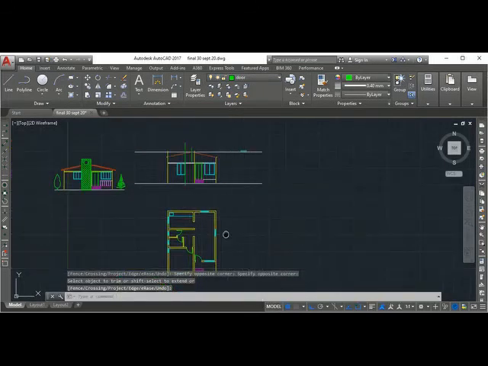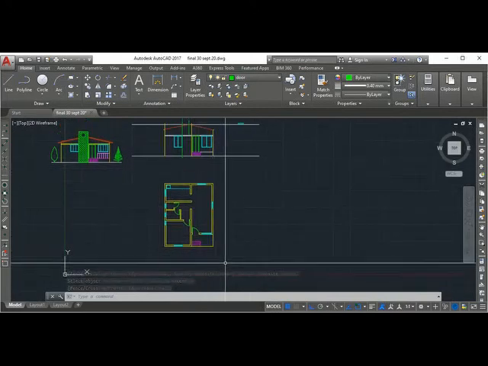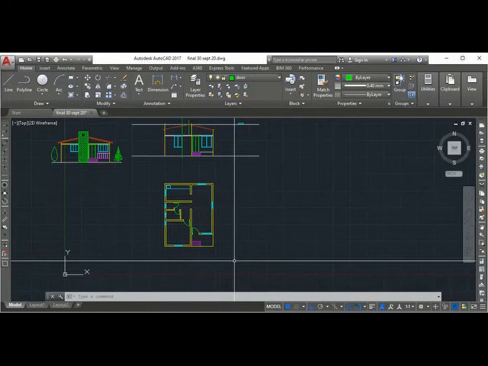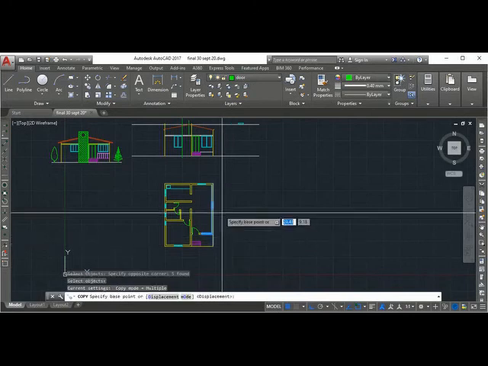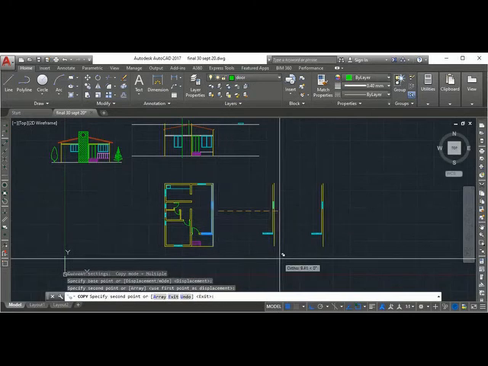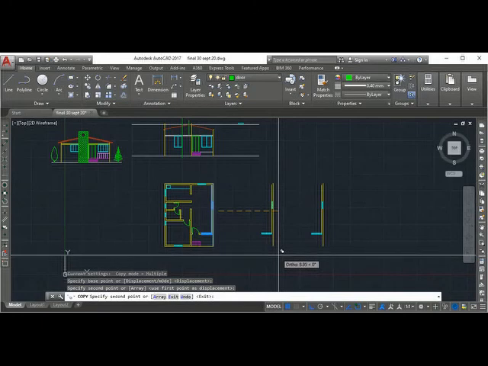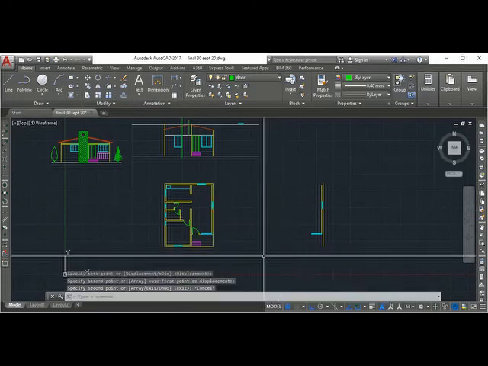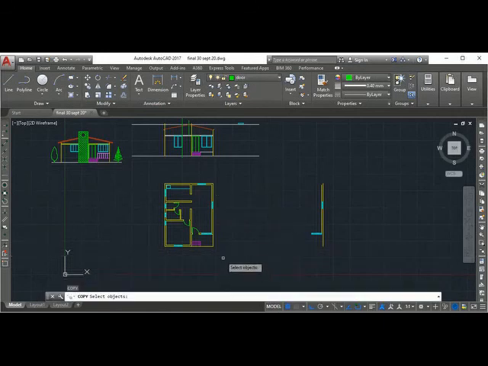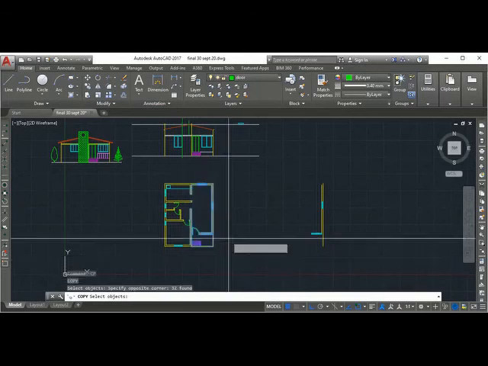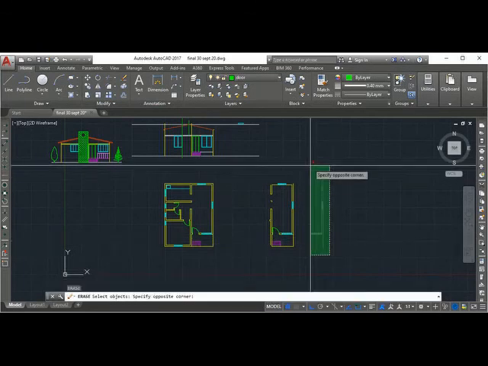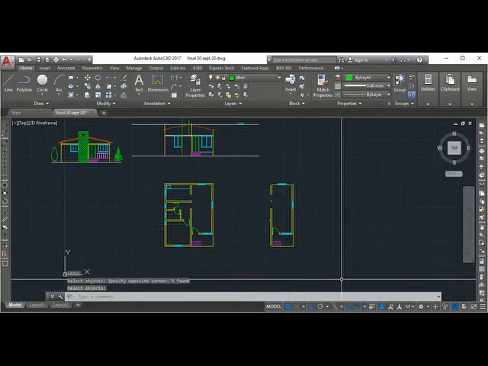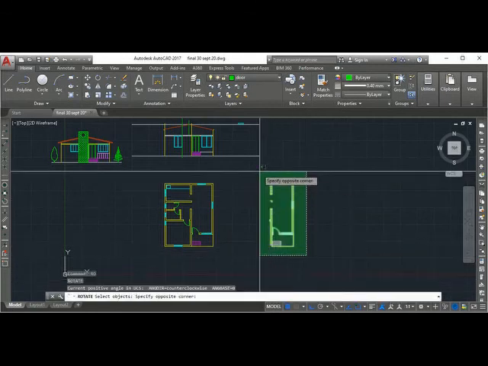Now I want to draw this side elevation. So I'll just copy this. Rotate this 90 degrees.